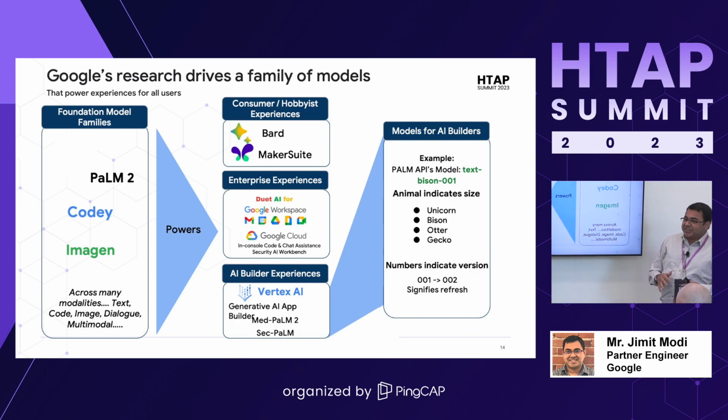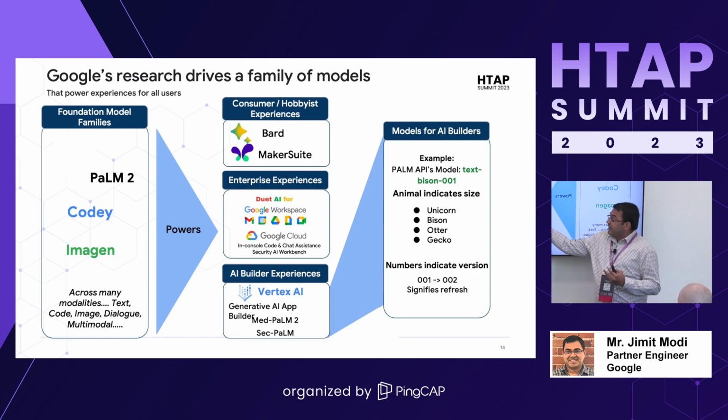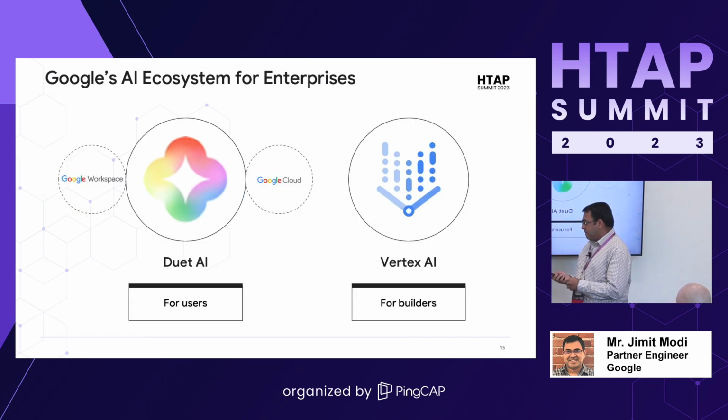We are in this day and age where there's constant evolution of products. Software is improving a lot. You might have heard of GPT-3, 3.5, 4. Similarly, we also have to keep ourselves updated in terms of what all models we offer. So the last three, the string of numbers, will tell you how often it has been updated. Since we had Google Next like a month ago, there have been more and more announcements. There have been more updates to all these models as well.